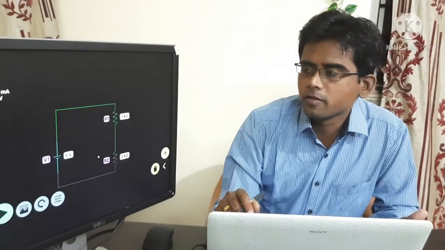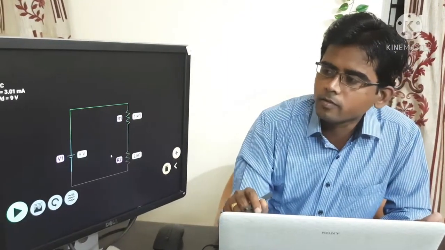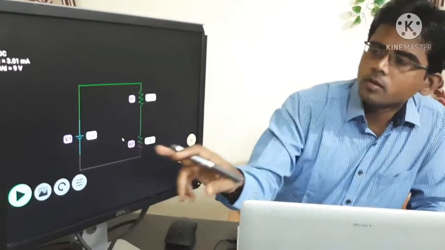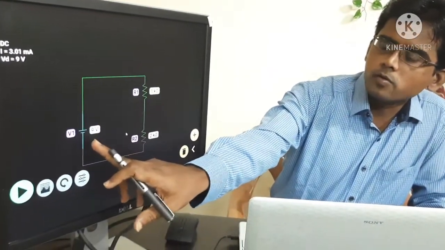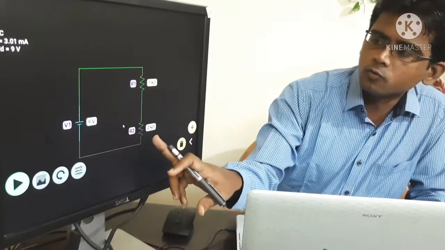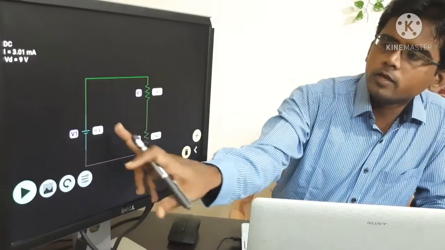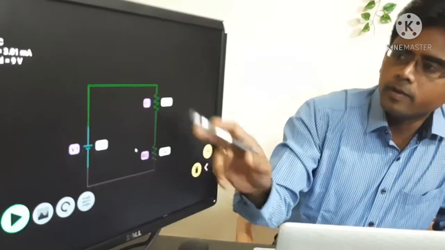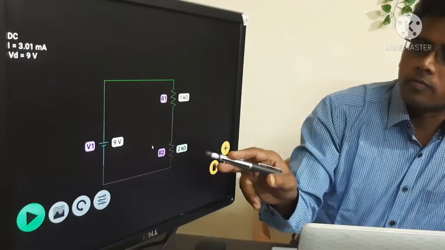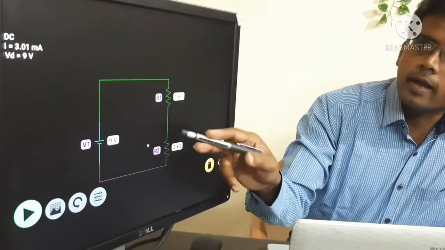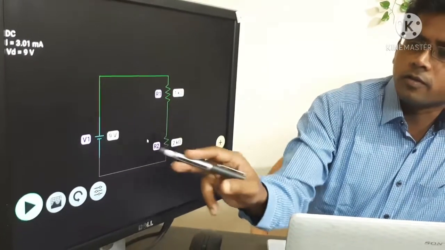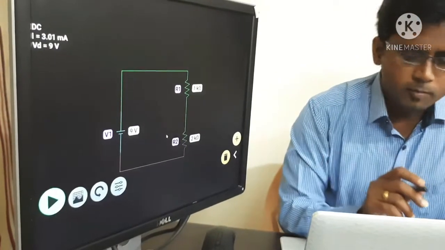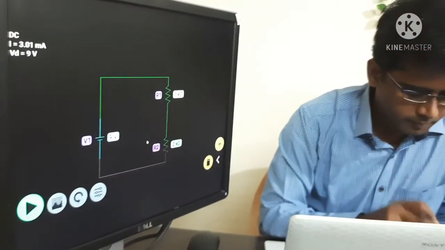We saw the resistors in series. Now we will try to simulate the same circuit and understand how the power dissipates across the resistance. Now this is a 9 volt battery, the voltage source, and you are having 1k resistance and 2k resistance. By theory you can know that the current flowing through this is I equal to V by R, 9 volt divided by your 3 kilo ohms. So with that you are going to calculate that the current flowing through this circuit is 3 milliamperes. Now we will start the simulation and see how the current flows.